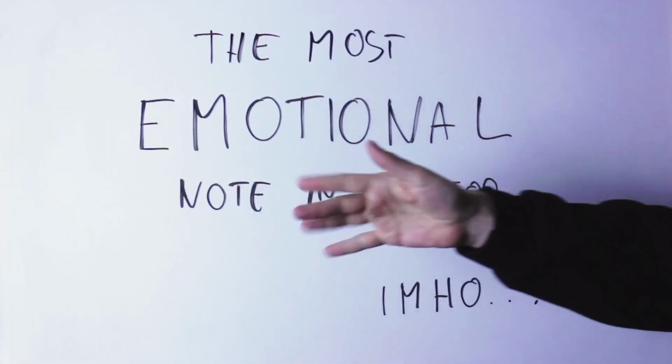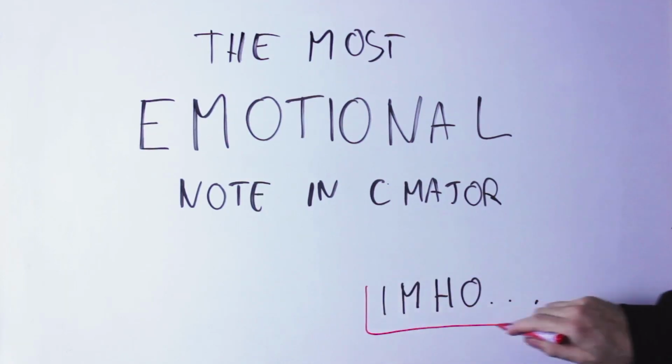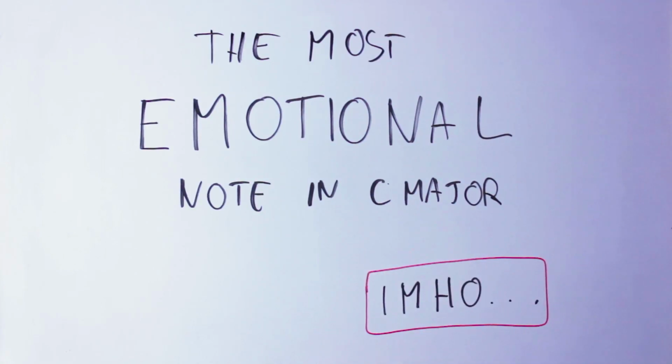Today we see which one is the most emotional note in the C major key. C major, as usual, is made by C, D, E, F, G, A, B. And of course, everybody has a different opinion on which note is the most emotional in this scale. So in my opinion, the most emotional note in the C major scale is, drum roll,